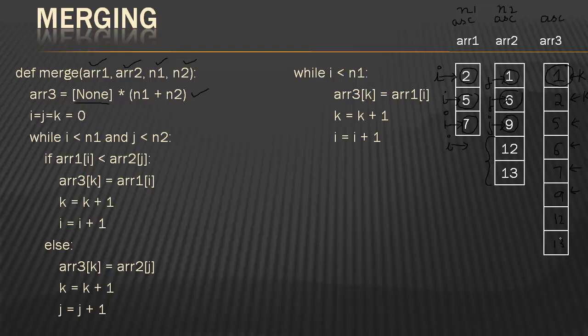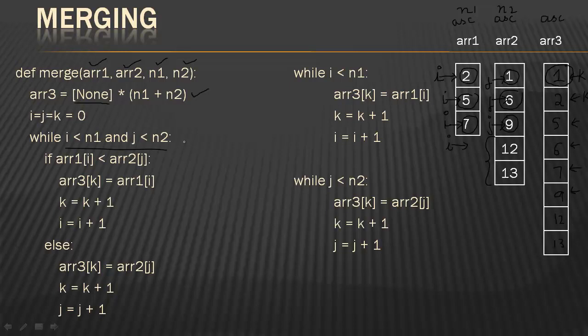What if the first array was over and you still have elements in the second array? Then you transfer the contents of the second array into the third array. So initially, remember, the logic is both the arrays have elements. What does this line mean to you? That both the arrays still have elements. Then you're doing the comparison.